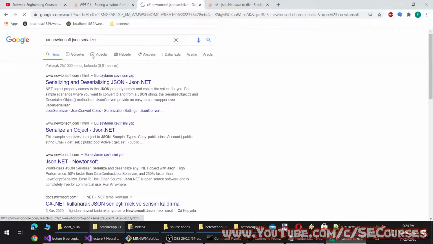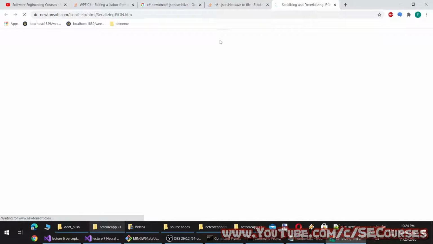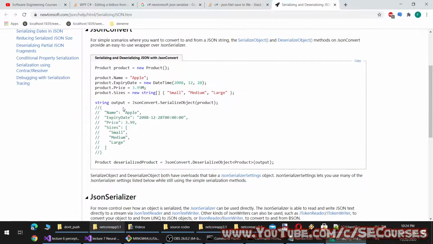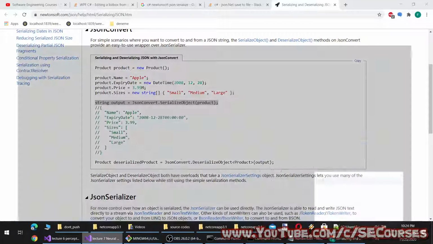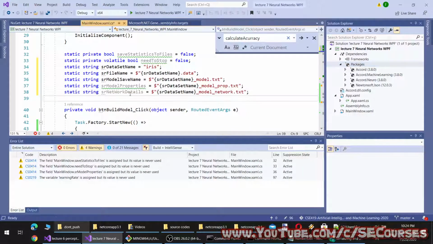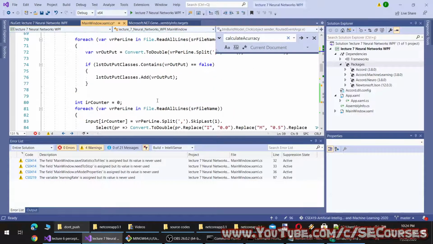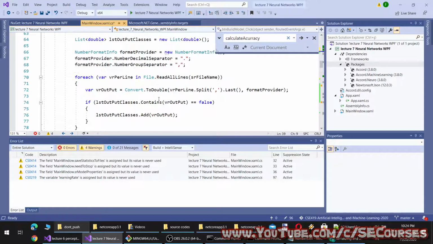So with Newtonsoft JSON serialized, I can save an entire object into a file in a human readable format like this, which I am going to do. Okay, prop name, model network. So it will be much easier now and more dynamic.